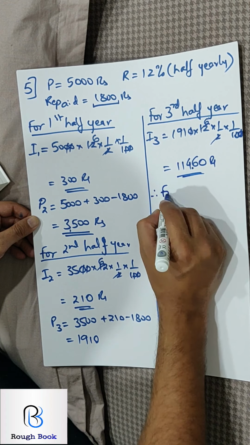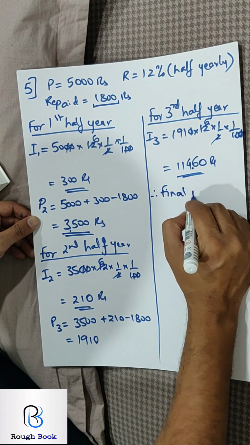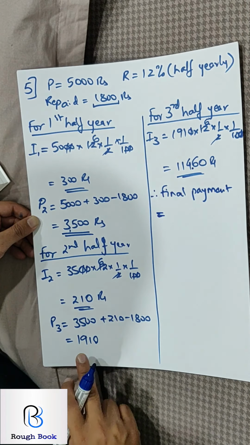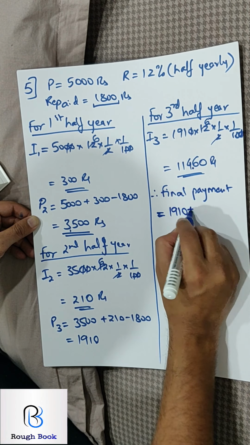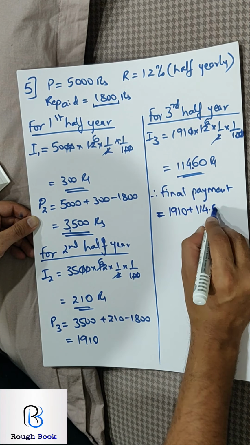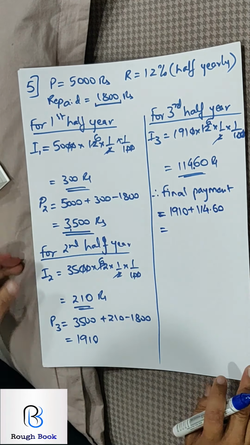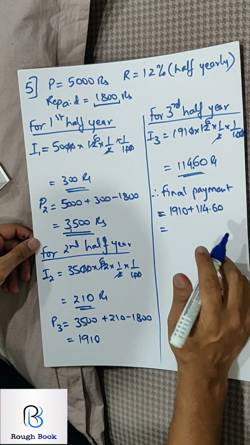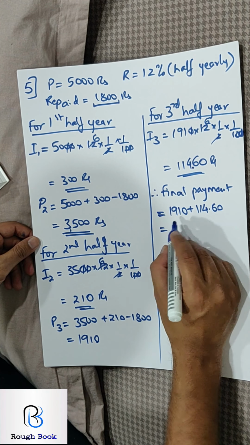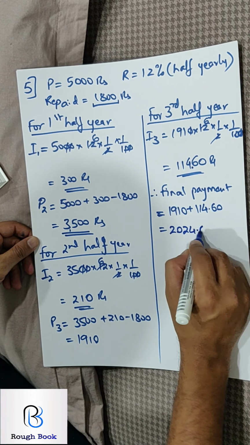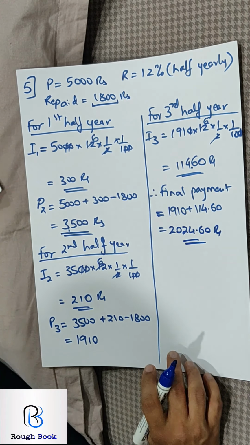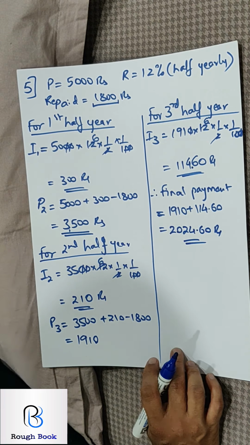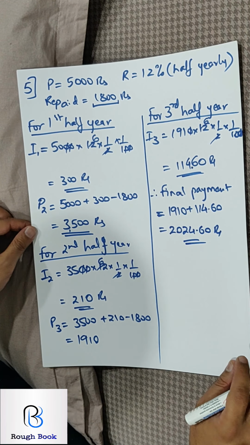So therefore final payment, that is at the end of the 18 months. So that should be, this was the balance 1910 plus 114.60. Now don't subtract 1800 because now you are making the entire payment together. So just add these two and you should be sorted. So it should be 2024.60. How many managed to get the same answer? This is 2B, sum number 5. Great, if you got the same answer.